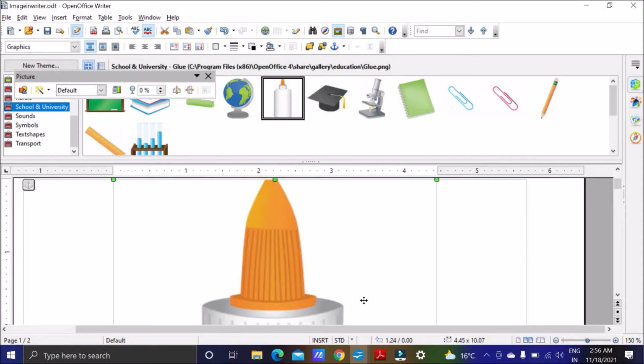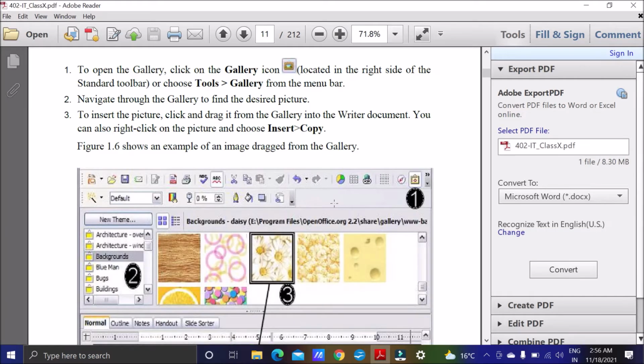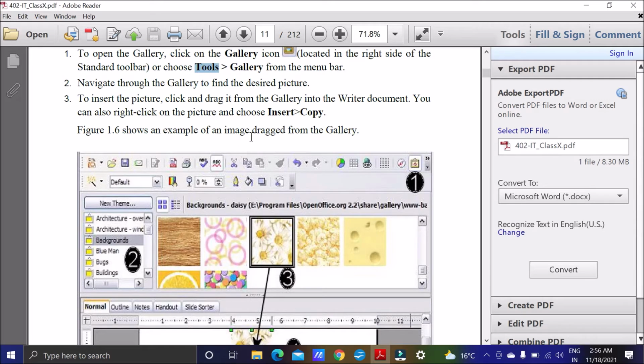It will copy the image into the Writer document. So either click on the gallery icon, or click on Tools and then Gallery. If you want to insert the picture, either you can click and drag it from the gallery, I just did this, or you can right click on the picture and choose Insert and then Copy.